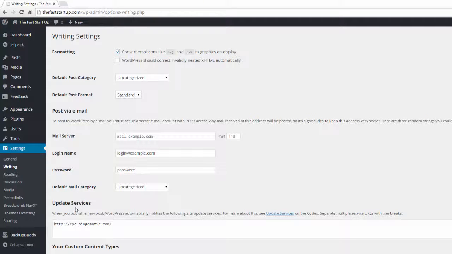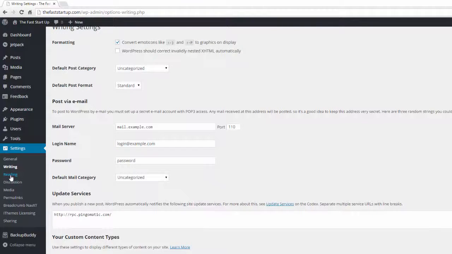And then we've got update services, and to help promote your blog posts, whenever you post one, WordPress has the ability to send a ping, so tell some update services that you have in fact published a new post. I won't go into too much detail on that because if you click on update services it will tell you all about that on the WordPress Codex, which is like the WordPress user manual. Let's go down to reading,